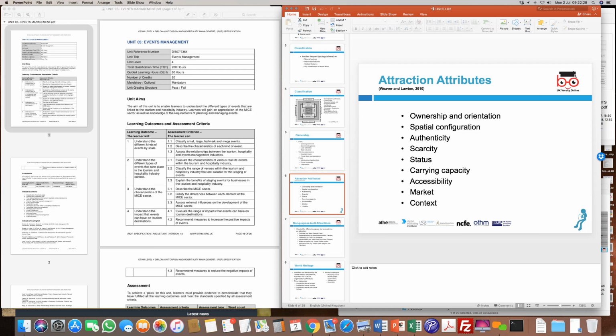And I mentioned things like accessibility, market, and context. Now you wouldn't want to hold, say for example, a stage event in an open ground or in an open location, because that would mean that the event might not carry that much relevance. But you might have to choose an opera house or a related kind of venue, wherein that would make sense for you to do. So you have to look at these attributes, because if these attributes are not carefully chosen and related to the type of event that you're doing, then it becomes very difficult to generate the end output which is required when you're holding that event.